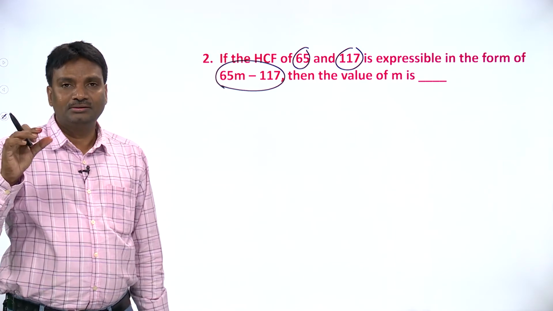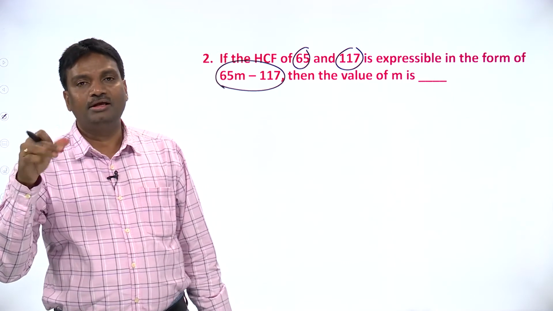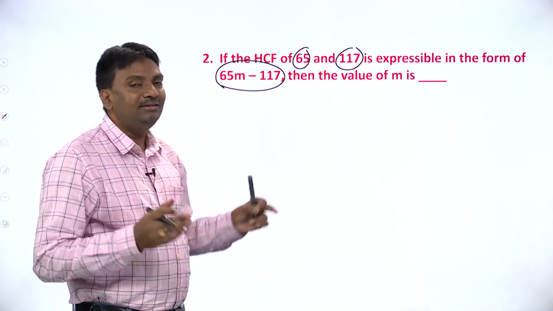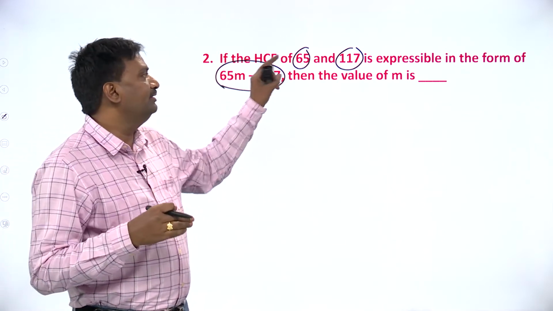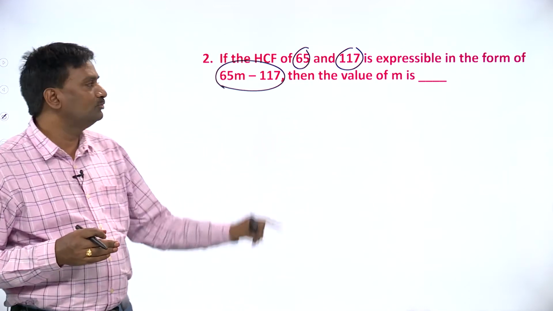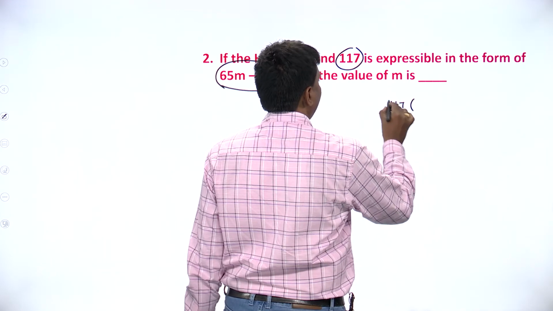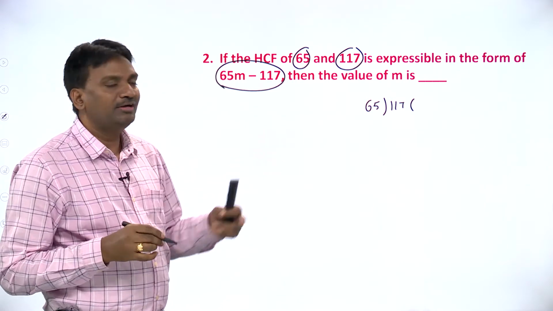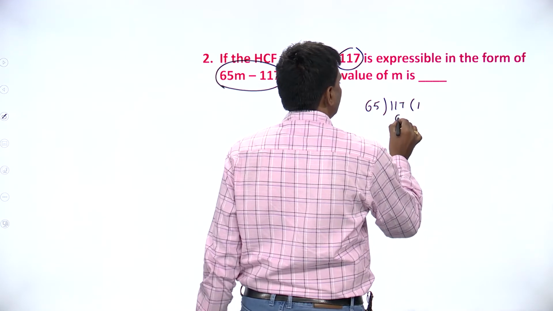We know the GCD of two numbers can be expressed in the form ax plus by for two integers x, y. To find the GCD or HCF of two given numbers we have to divide the greatest number by the smallest number, where clearly the greatest number is 117 and the smallest number is 65. So, dividing 117 by 65: 65 twos are 130, but 117 is there, so 65 ones are 65.